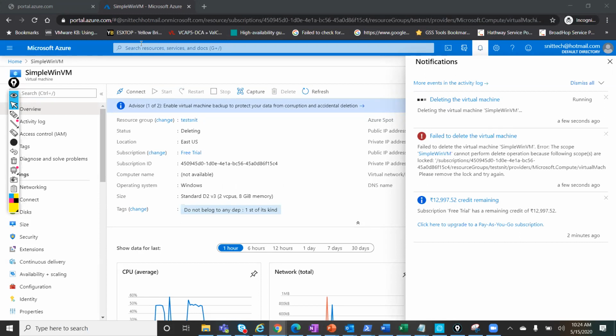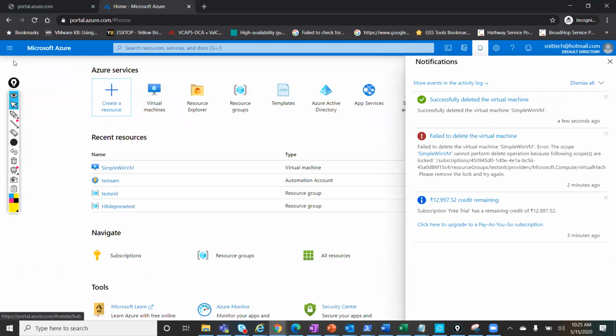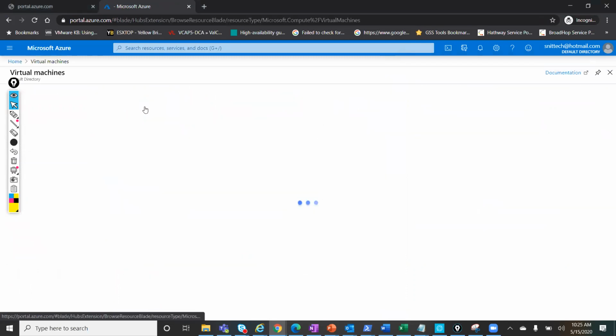You guys able to understand what is a resource lock? To secure the VMs or resources, any of the resources, if you want to secure any of the resources from accidental deletion, you can apply a lock. So I have deleted the lock here, and then I'm successfully able to delete this virtual machine. So now the virtual machine is no more there.